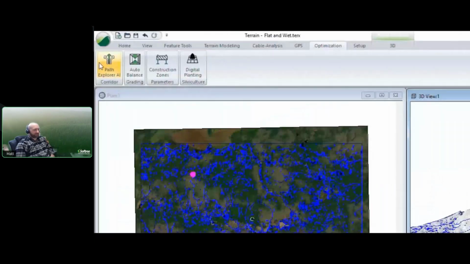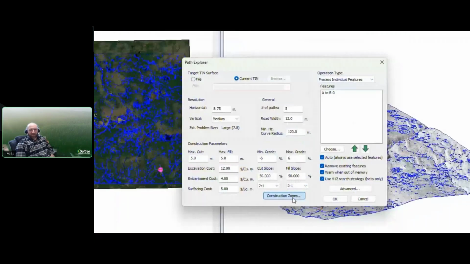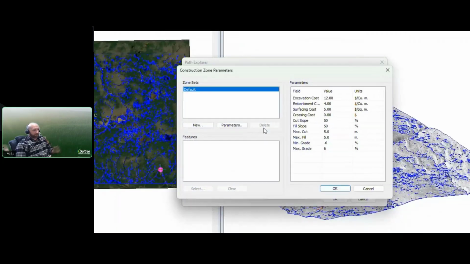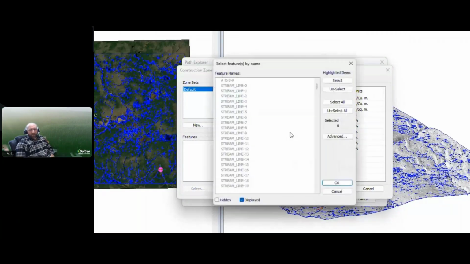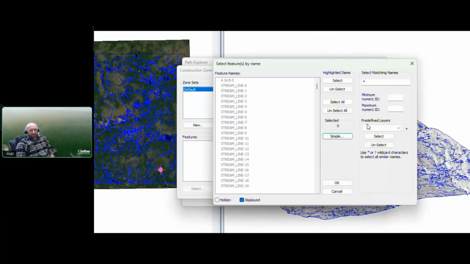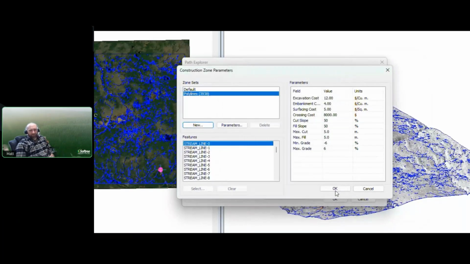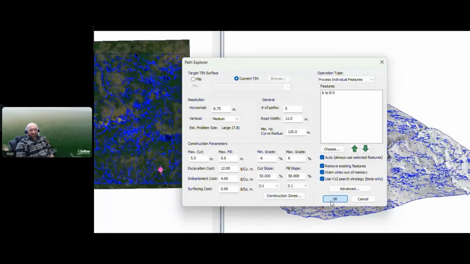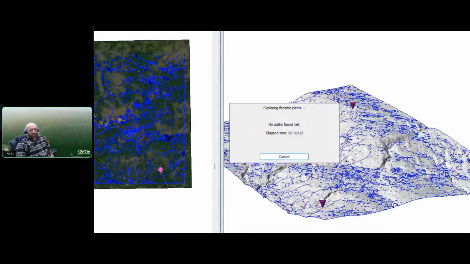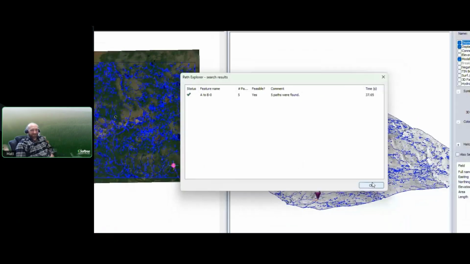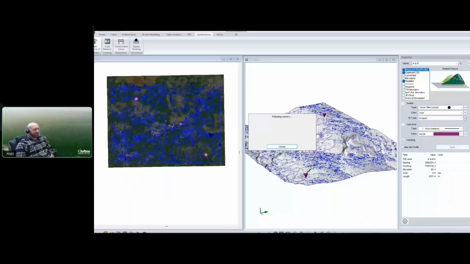So those ponding areas are typically going to be your wet sites like bogs and wetlands, which we want to avoid. We can tie that into Path Explorer, adding those areas as higher cost areas, and then put in our design criteria to go from that point A to point B. And we can let it go. So we'll let it run, and for everything that it's considering, it's wildly quick.